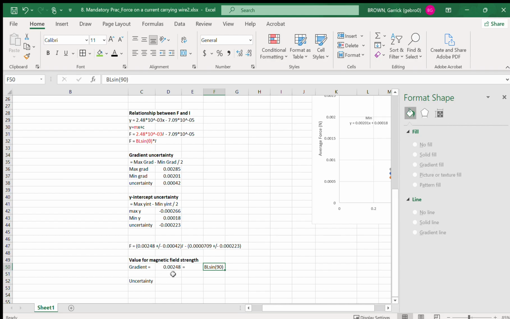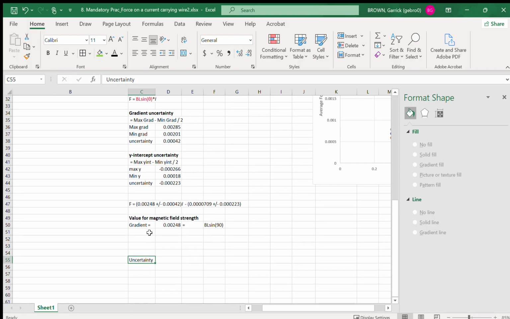So looking at this now, we can say that the magnetic field strength multiplied by the length of the wire within the magnetic field is equal to this gradient value. And therefore the